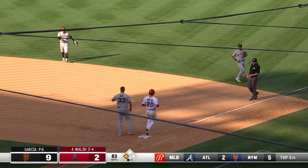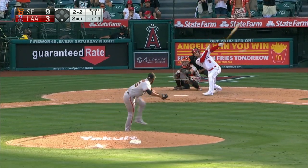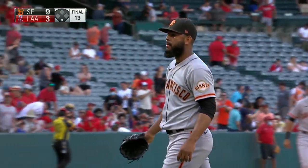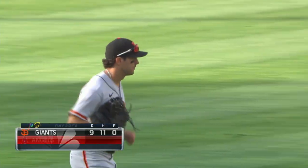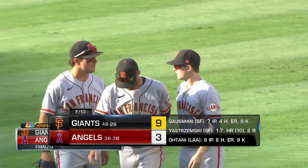That's a nice job getting in front and making that play. Run scores. It's 9-3. His delivery puts him right back into the shadows. There's a swing. A line drive to shortstop. Caught by Brandon Crawford. Reaching to his backhand side. Knee high. And that puts it into it. And the Giants sweep this series with a rather remarkable and zany game